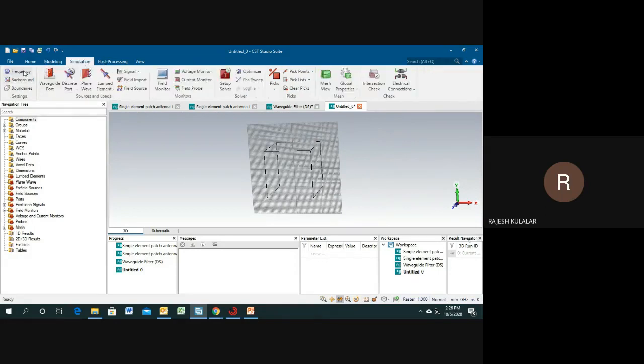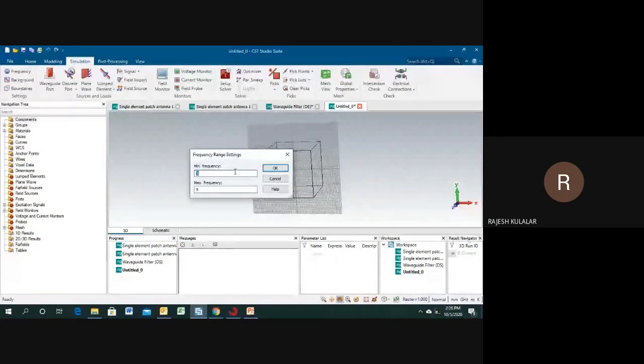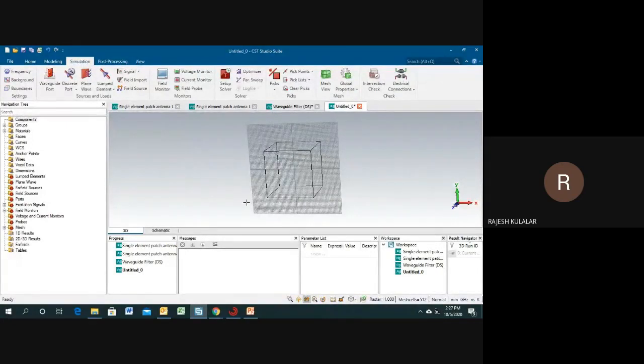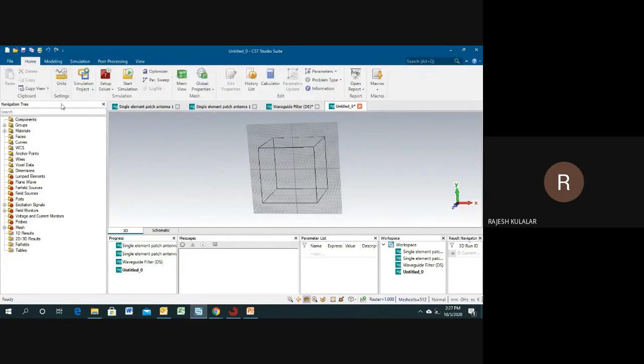Now here you can see frequency and background. As I told you, it's not mandatory to define frequency. Here the minimum frequency is 3, and for the present application 3 to 3.8 gigahertz. We can change it here, and the unit can also be changed from this interface.